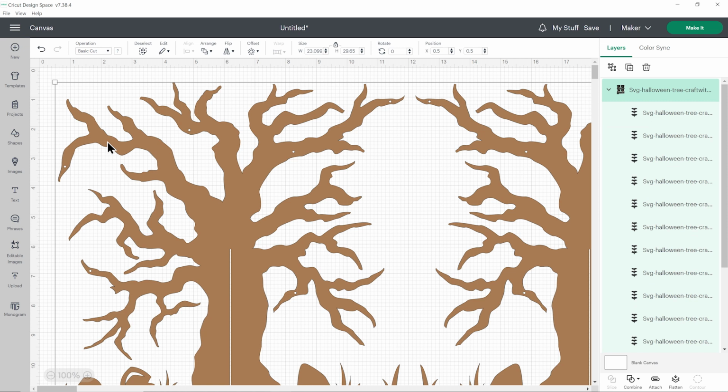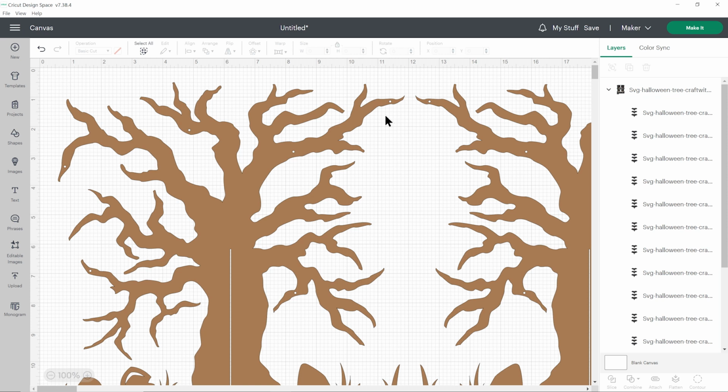And it's going to load in pretty big. But don't worry, that's just because we've got everything next to each other. It will still cut from your regular 12 by 12 inch craft board, which is what we're going to be using for this rather than cardstock. If you've got it, craft board will work so much better because it is stronger than cardstock. And the reason I've got 4 trees is that a lot of the Cricut craft board is only pretty on one side and the back side is just kind of like a dull brown colour. So we're going to be sticking the trees back to back so that they're pretty on both sides, and also that gives it additional stability too.